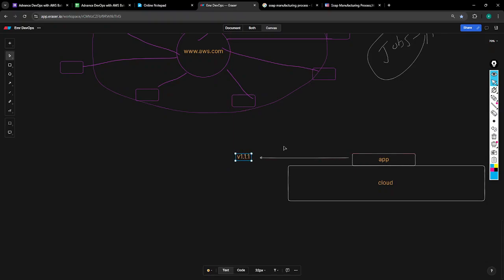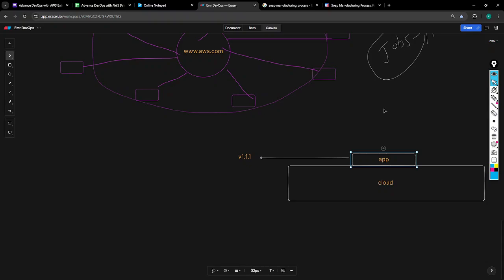When the application is deployed on the cloud, this is a version. We know that the cloud is a factory and the application is migrated to it. I need to update my application. New features, new development happen continuously because competitors are there in the market. They're updating and upgrading, they're attracting the users. That's why we also need to do continuous development. We need to attract the people. So we'll do the application upgrade.